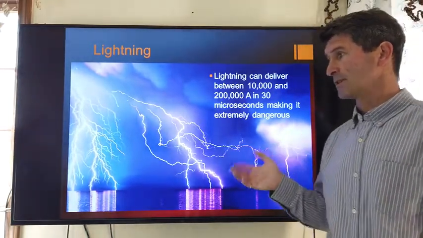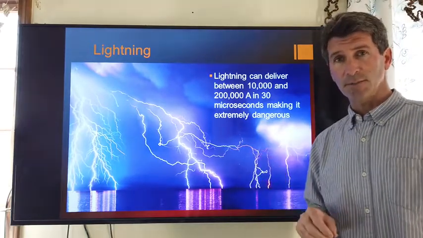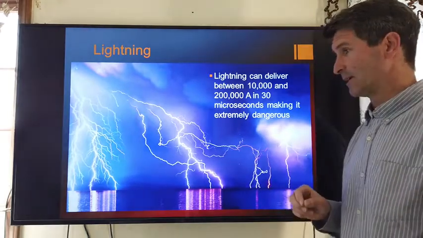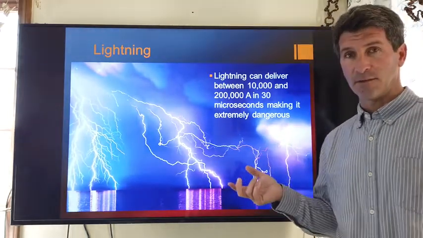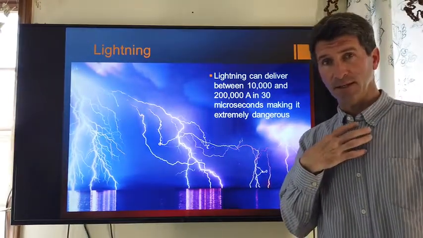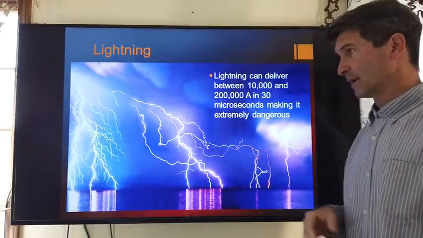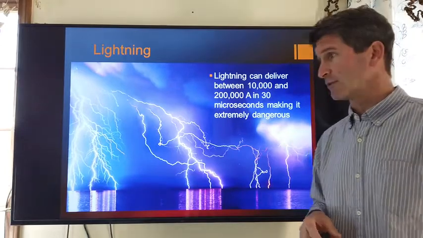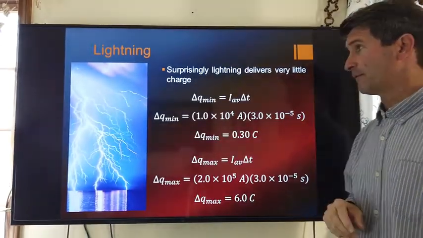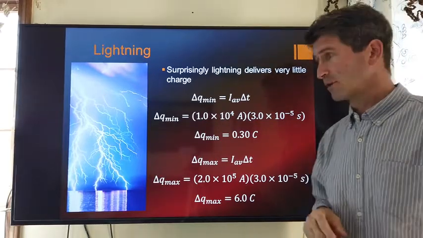What's surprising is that lightning only kills about 20% of the people that it strikes. About 80% of the people do survive it. And that's because most of the current stays on the outer part of the body, although it can create quite a bad injury. Now, if we look at this, we find that, in fact, lightning doesn't deliver very much charge